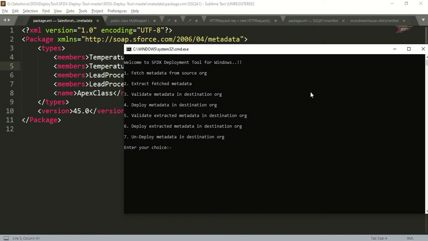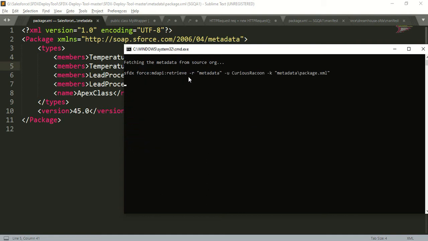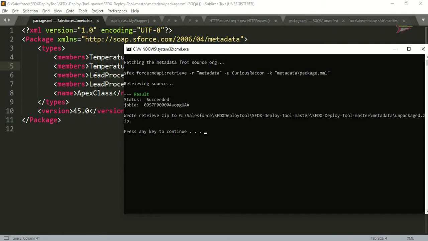I'm going back to my SFDX deployment tool for Windows, and I'm going to enter my choice as one, which is fetching the metadata from the source org, and press enter. What this deploy tool is doing now is fetching my metadata, which is defined in the package.xml, from my source org.